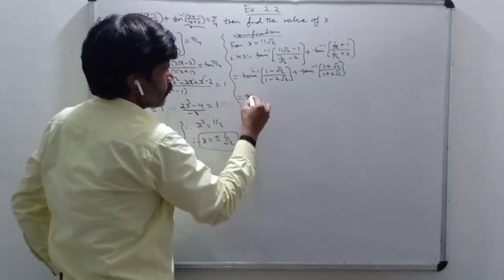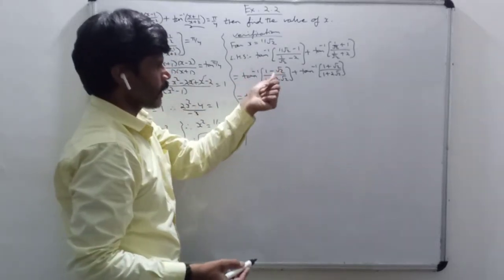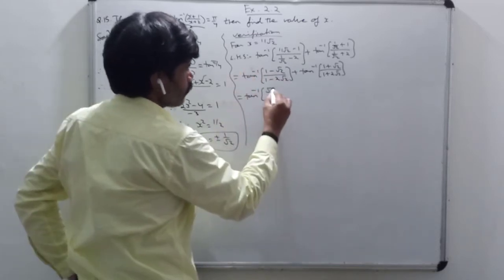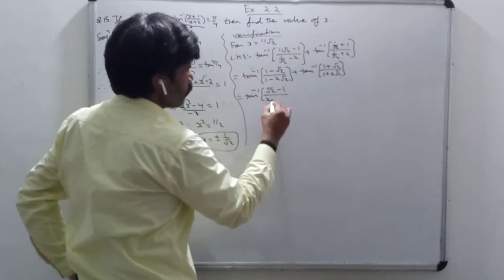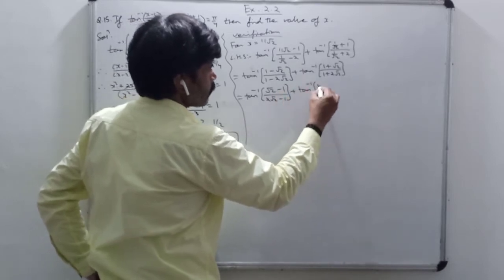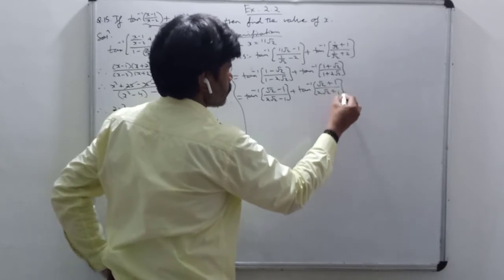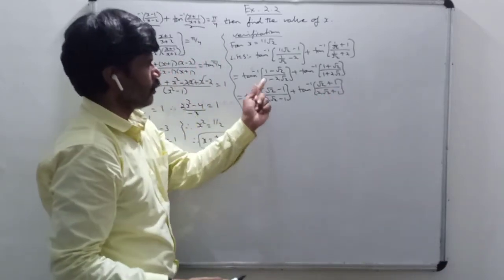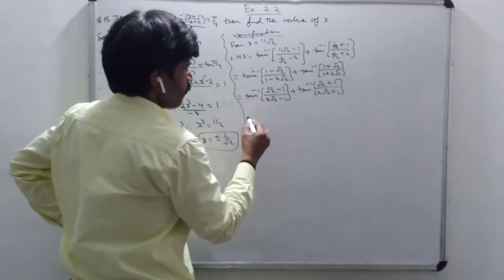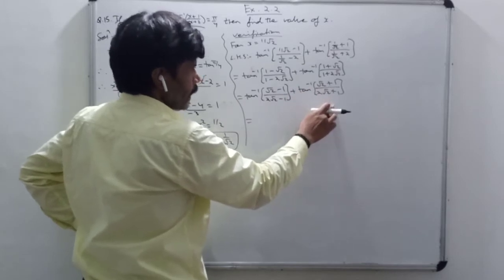Now what I am doing, you see, tan inverse of, in the numerator and denominator I will take minus common. Why? Because root 2 is a greater number than 1, and in the same way 2 root 2 is a number greater than 1. So (root 2 minus 1) upon (2 root 2 minus 1) plus tan inverse of, here also I will write the bigger value first, (root 2 plus 1) upon (2 root 2 plus 1). Here I have taken minus common from the numerator and denominator and it gets cancelled. Now this is x and this is y. So tan inverse of x plus tan inverse of y is equal to what?